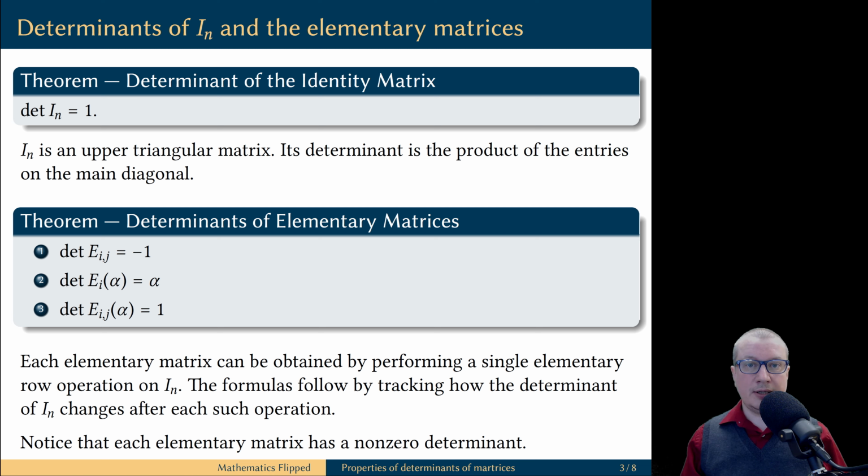For example, if we swapped two rows of the identity matrix to get an elementary matrix, then we have changed the sign of the determinant of the identity matrix, but the determinant of the identity matrix is 1. Therefore, the determinant of the corresponding elementary matrix is -1. But the most important piece of information for us from this result is that the determinant of each elementary matrix is not equal to 0. Remember, in the second type of an elementary matrix, alpha has to be a non-zero scalar.